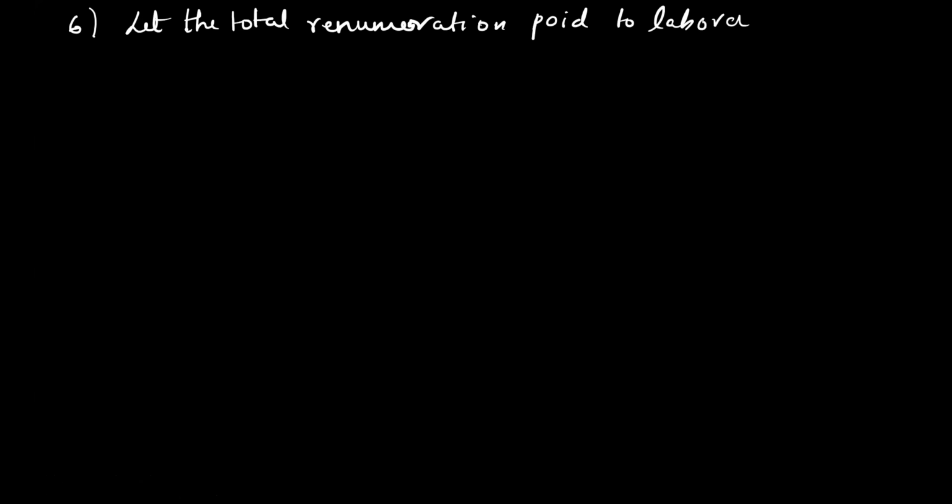So we will have to write that whole part. Read the sum again from the start. The total remuneration paid to laborers. Let the total remuneration paid to laborers be x. Is that okay? Yes, sir. And it is in direct variation to what? The number of laborers. And let the number of laborers be y. Add that here. Okay?